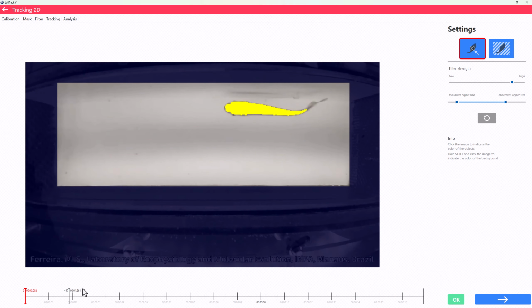The last tool to mention here is that you can indicate the color and contrast of the background. Left-clicking on pixels will indicate that these are object pixels. But if you hold Shift and left-click, you now tell LoliTrack that the pixel values should instead be considered as the background. Note that it can take a few clicks to get a good balance between what's considered object pixels